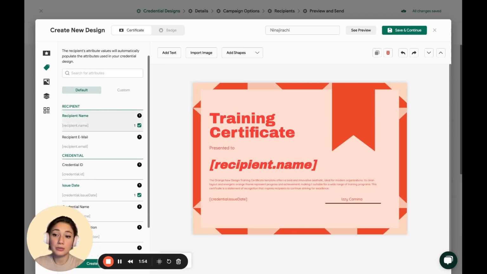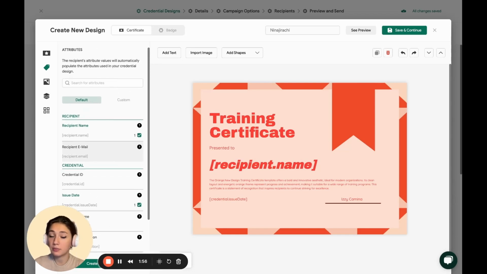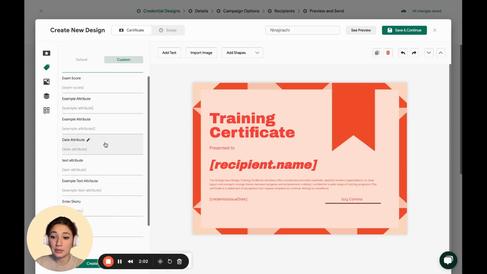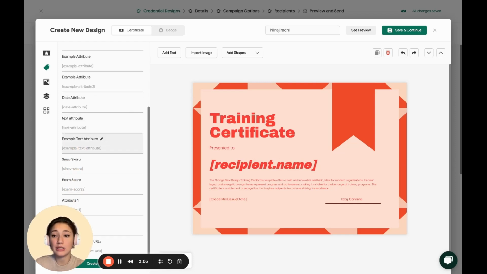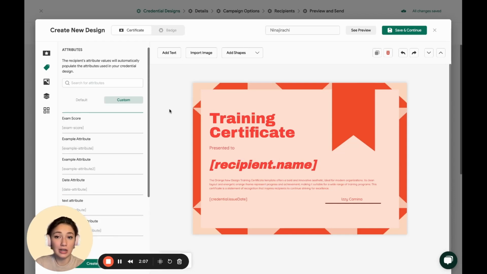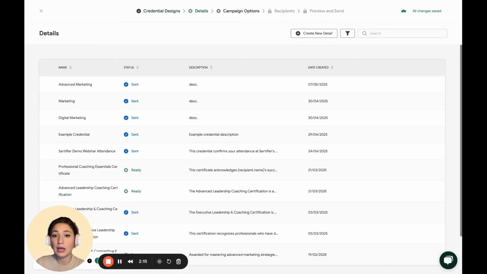Choose from any of the default attributes that we provide, which will be filled automatically by the system once the credentials are being generated, or you can create custom attributes so that you can provide even further information in your credential design, detail, or email notifications. Once you are happy with the design that you have created, you can click Save and Continue, and the next